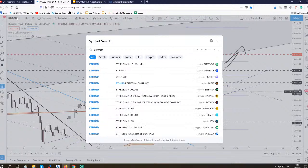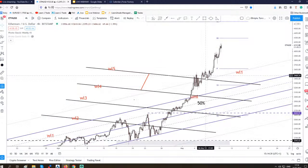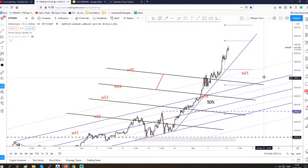Ethereum, one moment. So the price of Ethereum has continued to increase. I've told you here that a new higher high, a valid breakout, could confirm and could signal a further growth here registered by Ethereum. It's risky to buy it here even if the price will continue to increase, because guys, the price has reached fresh historical highs, new all-time highs, and the bias will be bullish as long as the price stays above